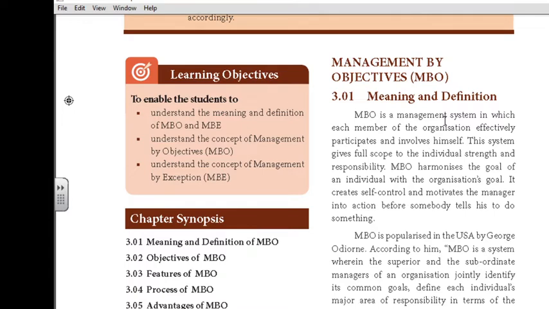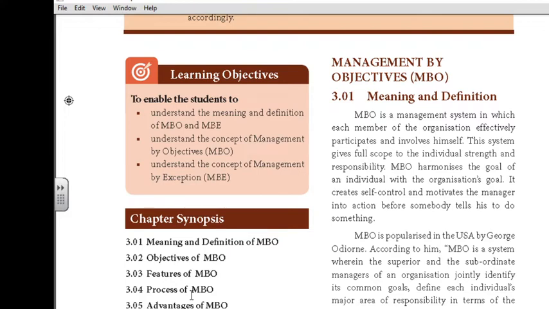Before it, I just want to share some information about management by objectives. Management by objectives is a personal management technique where managers and employees work together to set, record and monitor goals for a specific period of time. Organizational goals and planning flow from top to bottom through the organization and are translated into personal goals of organizational members. This is the introduction about MBO. Let us move on to the topic now.